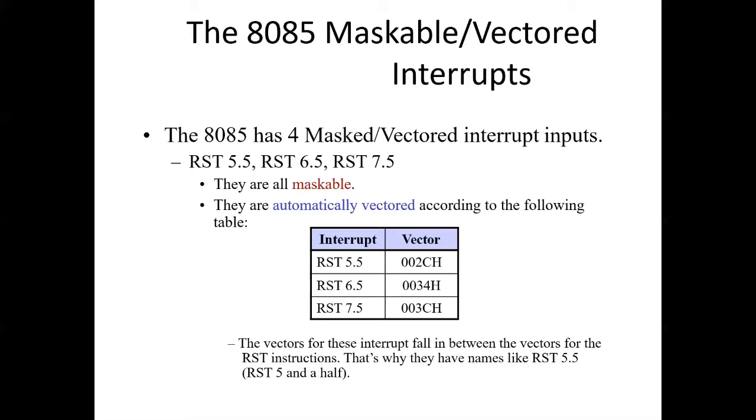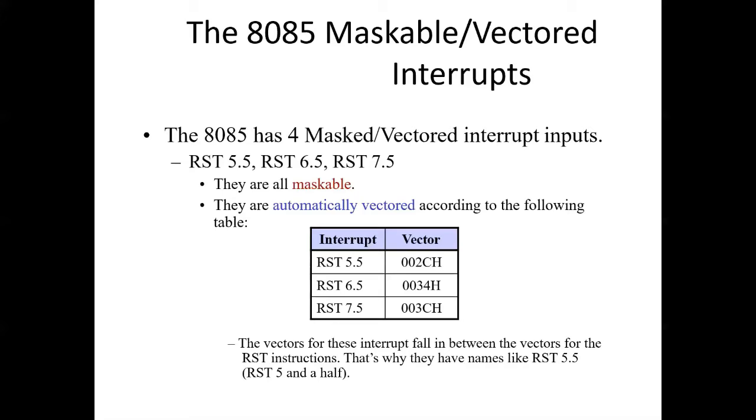RST 7.5 pin is an edge sensitive input. This is used by peripherals that send a pulse rather than a sustained high level for interrupting the processor. Internal to the 8085, there is a flip-flop connected to the RST 7.5 interrupt pin. This flip-flop is set to 1 when a positive going edge occurs on the RST 7.5 input. The waveform of the RST 7.5 pin and the Q output of the RST 7.5 flip-flop is like a square.